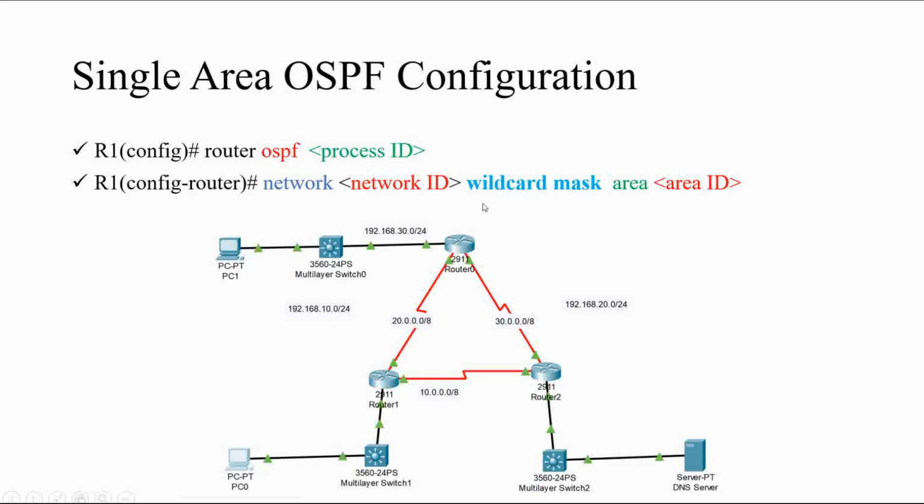Wildcard mask means the reverse of subnet mask ማለት ነው። የሳብኔት ማስክ ሪቨርስ ነው። ይሄኛው ዋይልድካርድ ማስክ ሞስትሊ የምንጠቀመው ለምንድን ነው? ለሴኩሪቲ ኮንፊገር ስናደርግ ሞስትሊ ACL አክሰስ ኮንትሮል ሊስት ኮንፊገር ስናደርግ የሚጠቅመን ዋይልድካርድ ማስክ ነው ማለት ነው። Then area, then we have to use our area ID, maybe 1 ሊሆን ይችላል፣ 0 ሊሆን ይችላል፣ 2 ሊሆን ይችላል፣ 3 ሊሆን ይችላል። Depending on our context, we can put our area ID ማለት ነው። Based on this topology, we are going to configure single area OSPF configuration ማለት ነው። Directly ወደ configuration እንሄዳለን ማለት ነው።